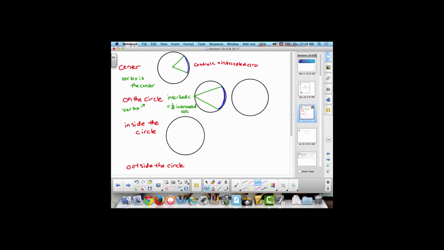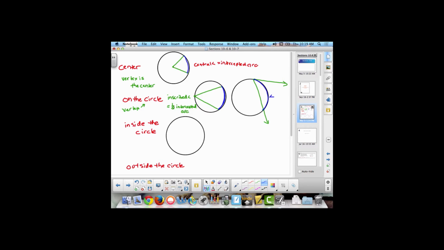Now we're going to look at a few different types of circles. First, we're going to look at the one where the vertex is on the circle, but instead of the sides being chords of the circle, the sides are going to be made by a tangent and a secant line. In this case, from the point of tangency to the second point where the secant intersects the circle, that is